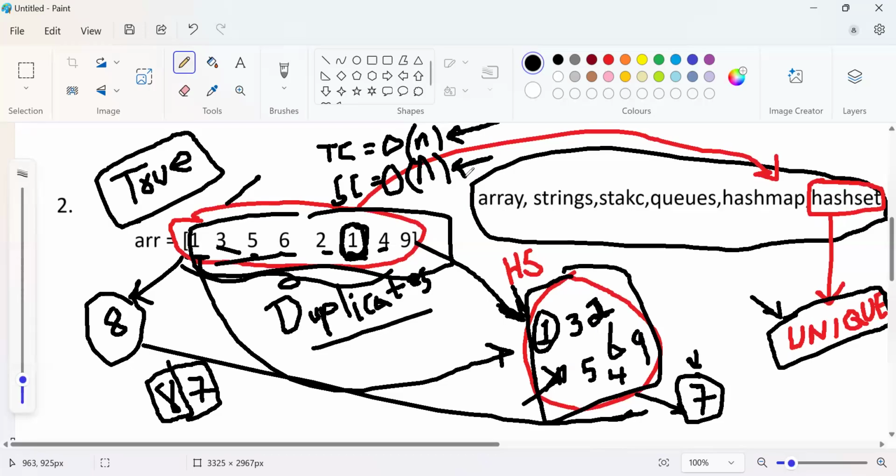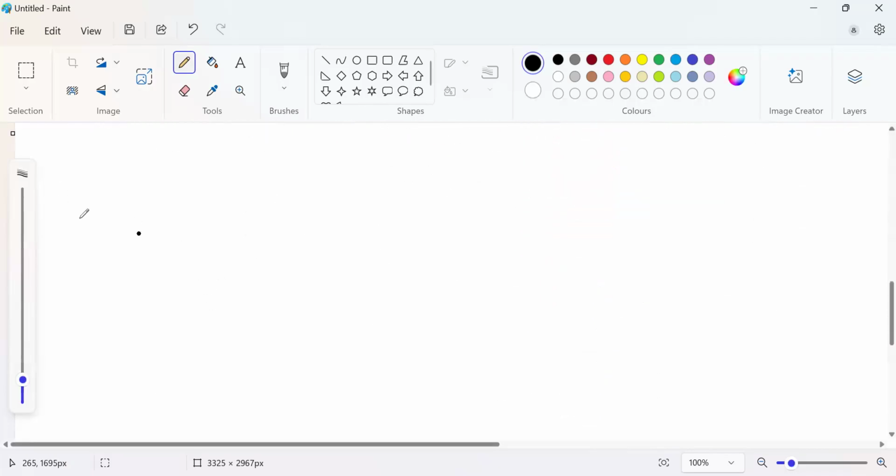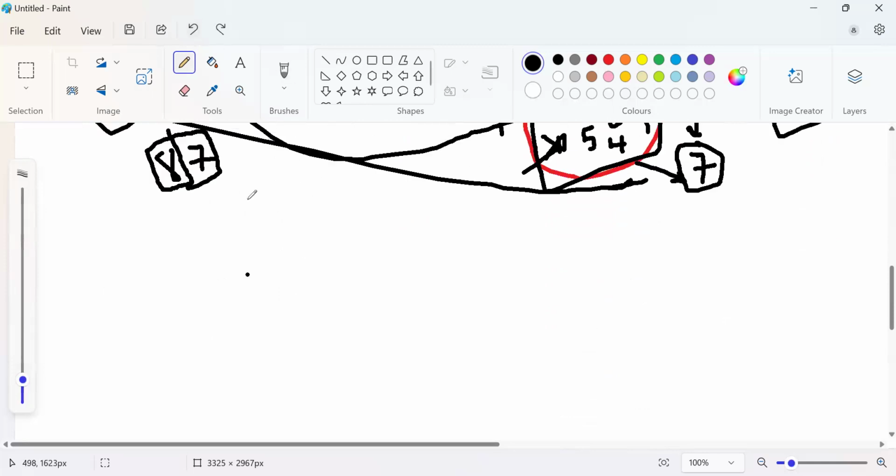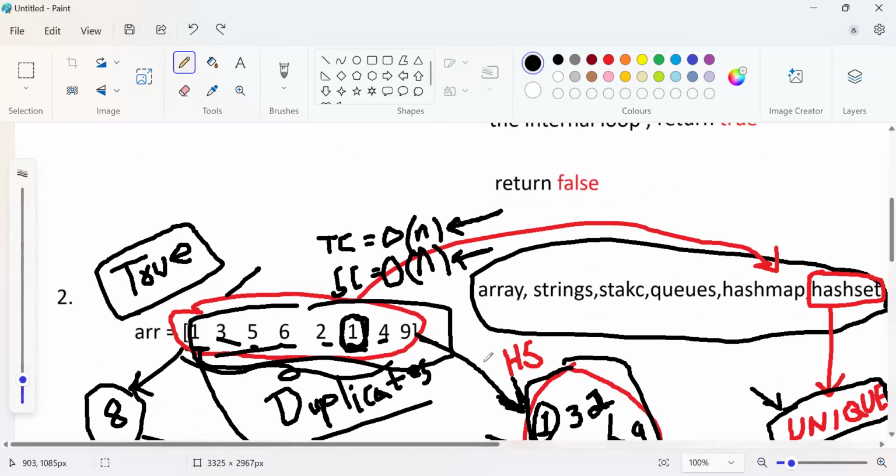So this is another way to solve this particular question. Insert all the values into a hash set and check both the sizes, 8 and 7. In this case, they are not same. So that is true, which means it contains duplicate. Else, false. Okay, I hope this is clear. Now, the other way, the same way, guys, but instead of inserting all the elements,